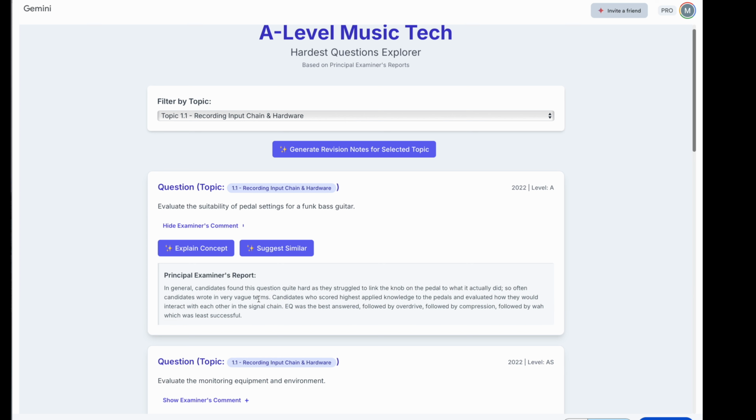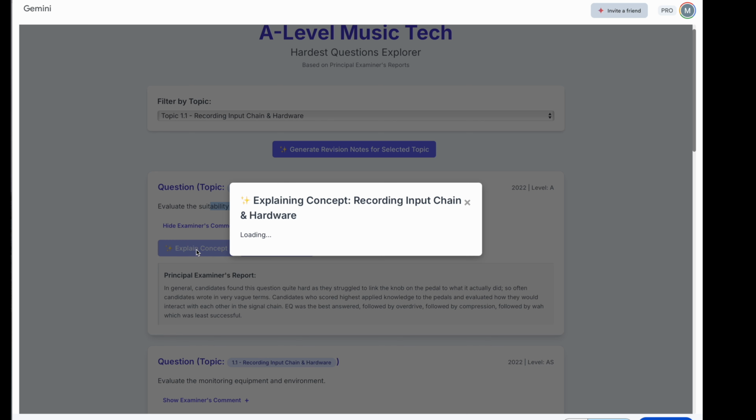But more importantly, what I wanted to show was how it will embed the API into this resource so they can ask it further questions. So what happens if a student didn't really understand this type of question? What they're then going to do is click on this explain concept. This might take a bit of time to load, but once it does, it'll